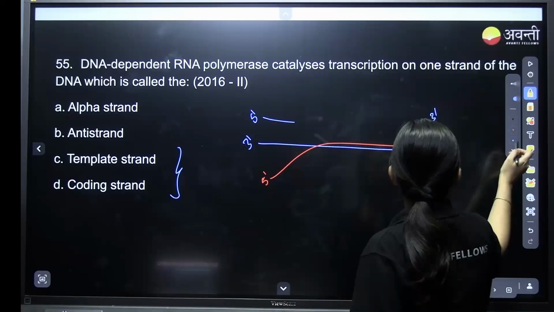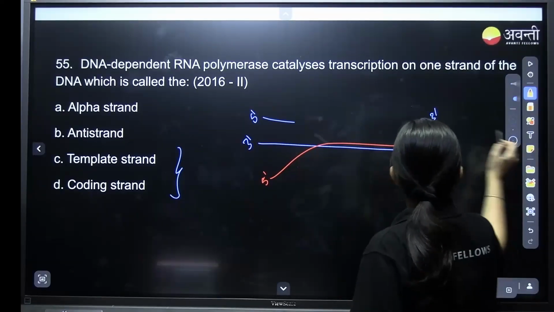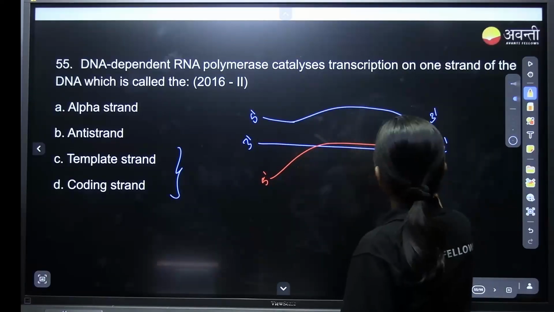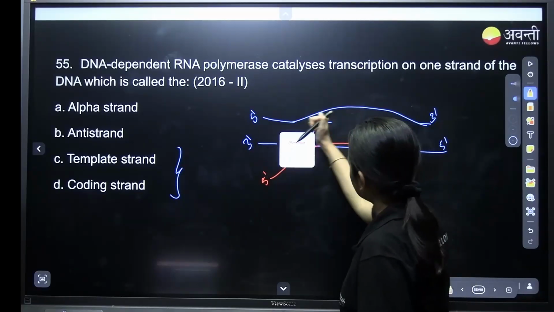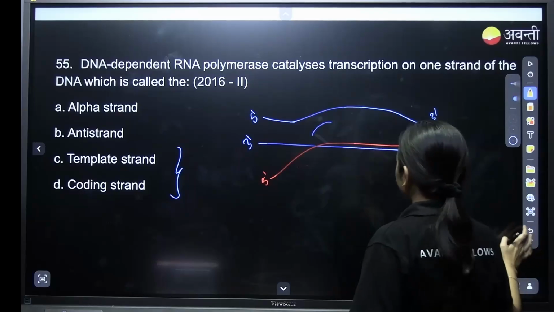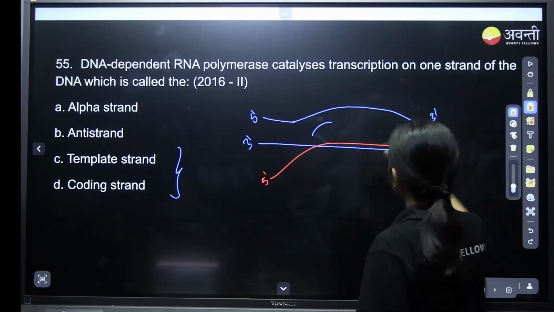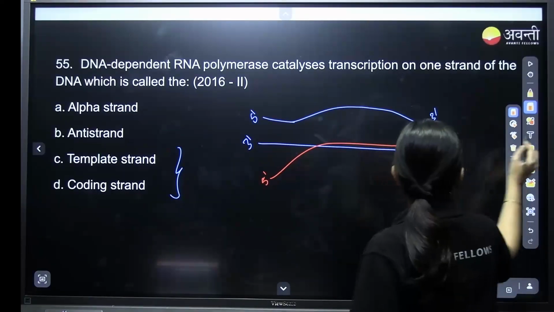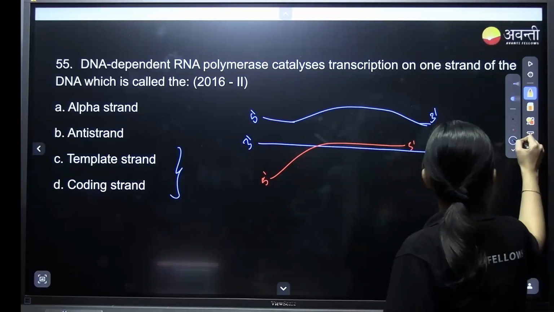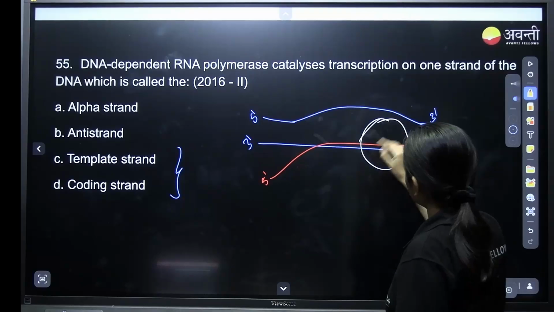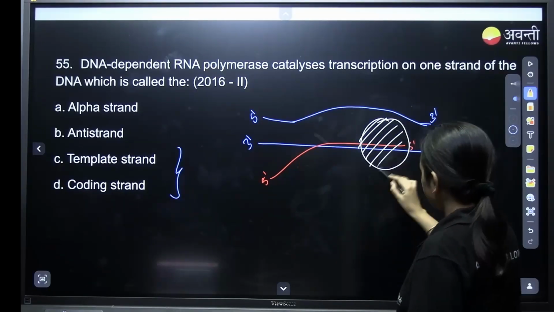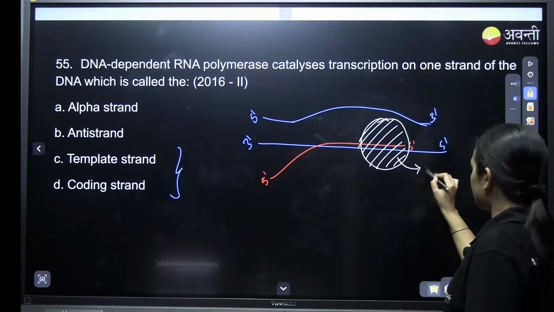Transcription bubble होगा, transcription bubble ऐसे. Okay, so if this is a RNA polymerase, this is RNA polymerase,